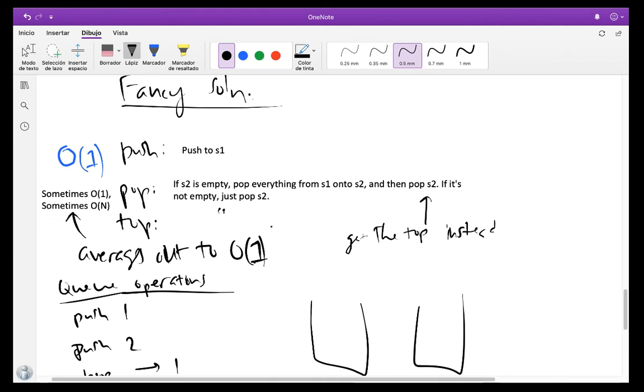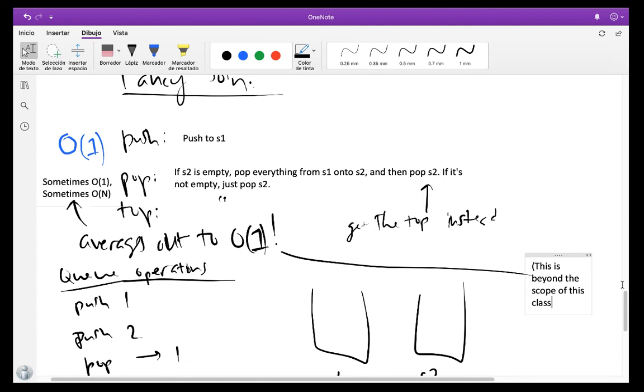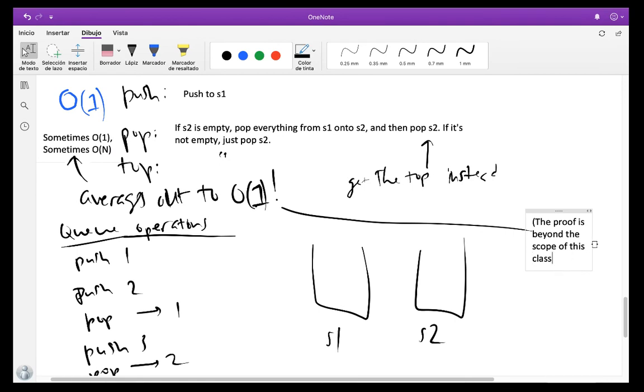That is O of 1. And this is kind of weird and hard to believe. It's the topic of an algorithms class. So the proof is beyond the scope of this class, but it's the same reason